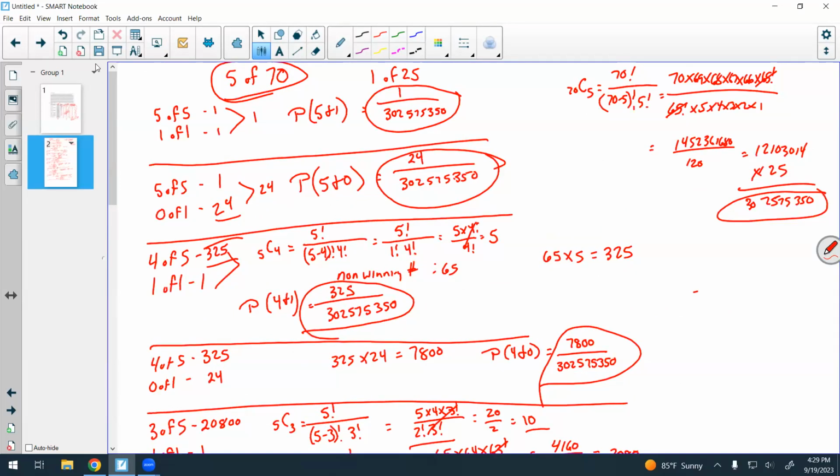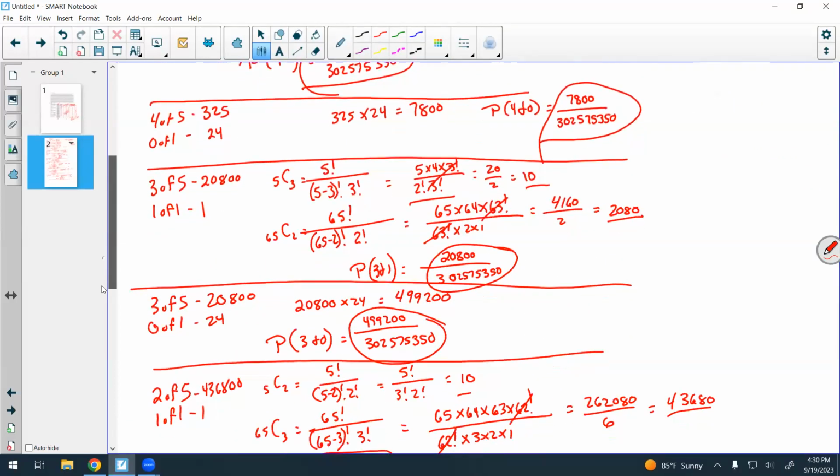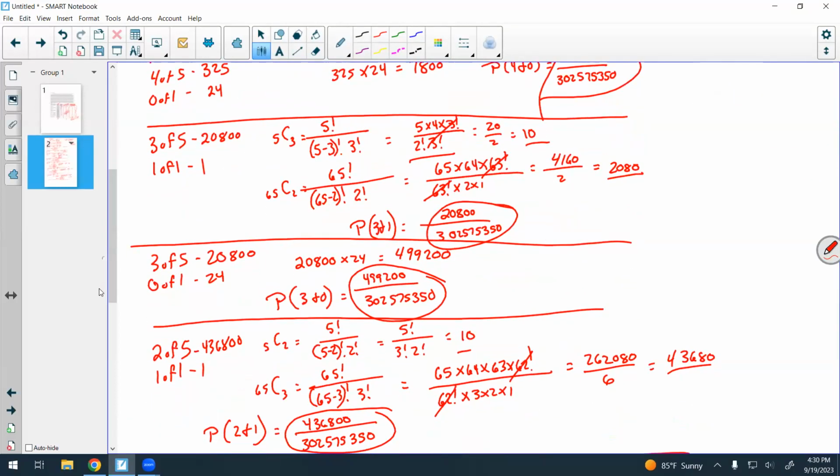We can add up our winning combinations. 1 plus 24 plus 325 plus 7,800 plus 20,800